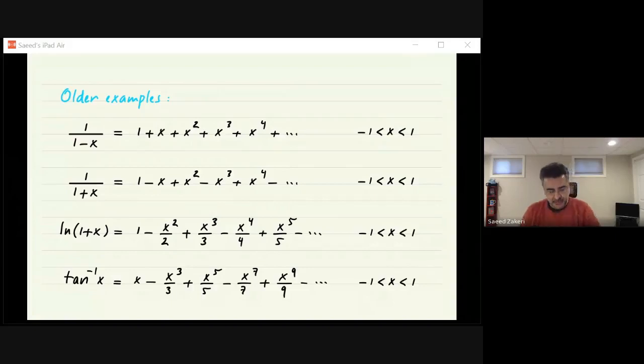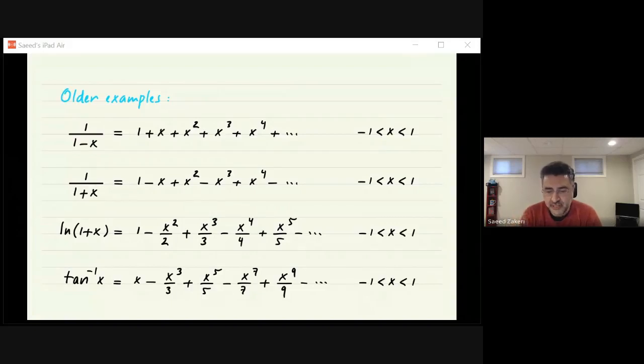All right. So the next batch of examples are mostly about some function given to you. And the question is, what is the Taylor series of this function, say, centered at 0? So obviously, you can go back to the definition, find the coefficients of the Taylor series of the given function